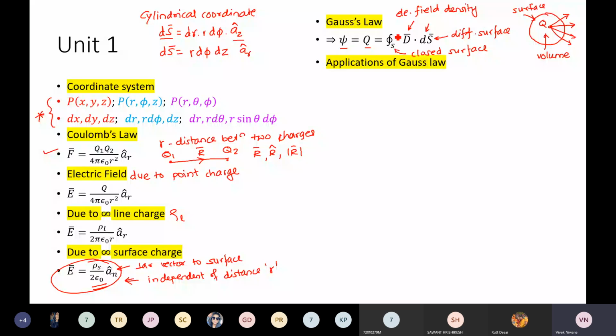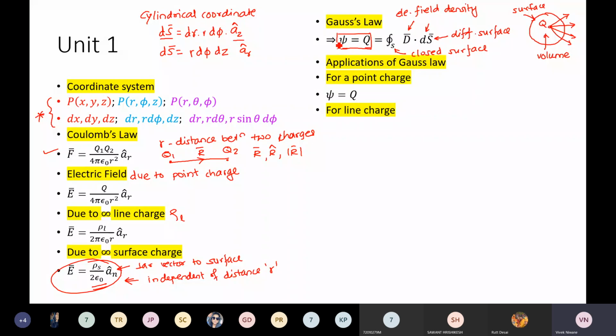Then we have seen the application of Gauss law. Means what? कि भाई apply the Gauss law and try to have the expression for electric field intensity. Okay, for a point charge we know that if we have a single point charge, the number of flux lines is equal to the amount of charge enclosed by the surface. So for a point charge, we have psi is equal to q. This is the final expression.